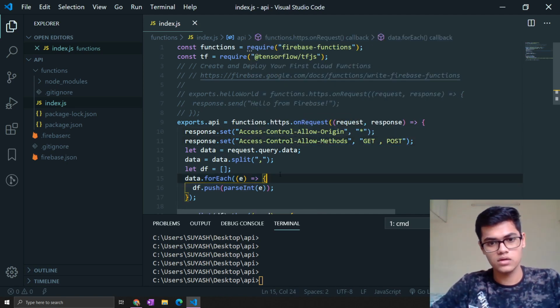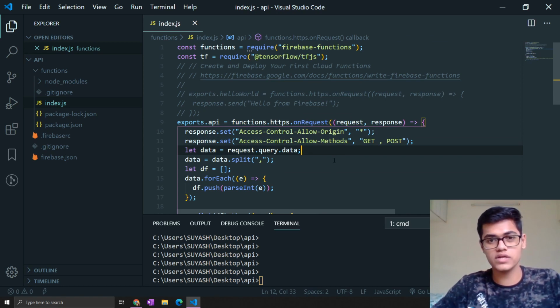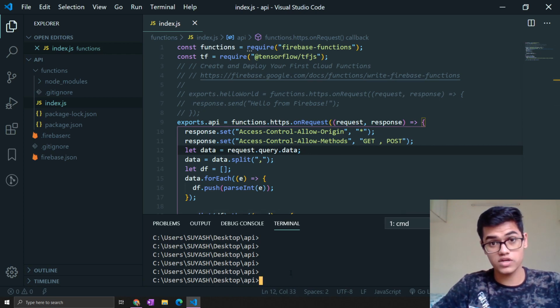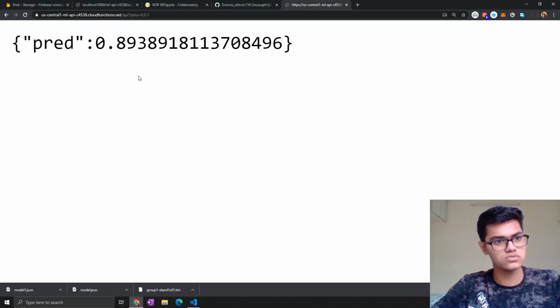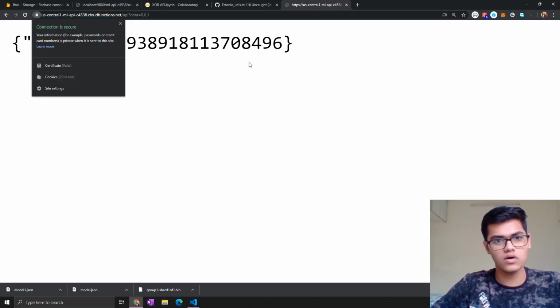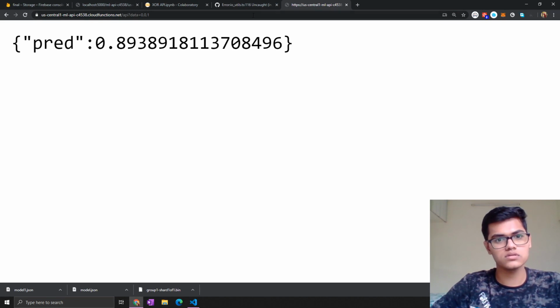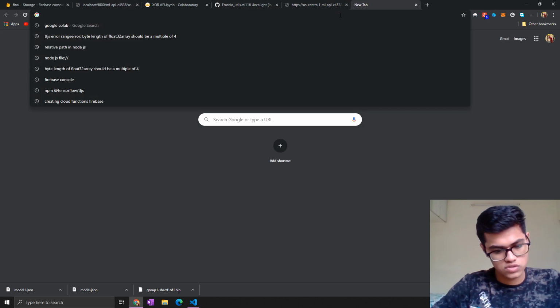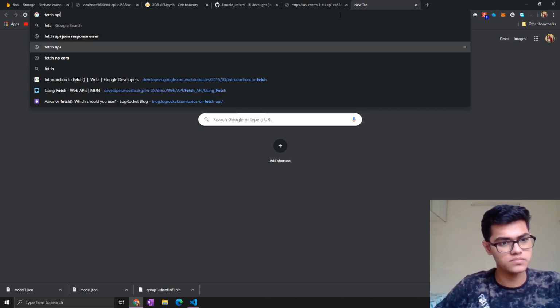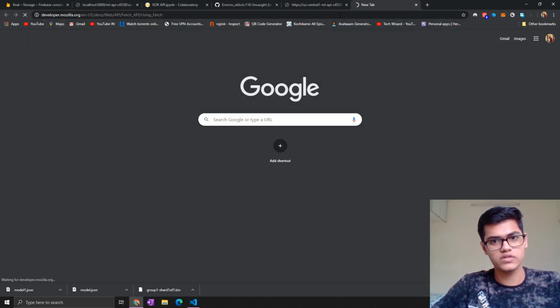Okay, so I'm back. I have written these things. These statements allow us to make the call to the API without any HTTPS or secure connection, which is actually bad, but for now we can allow it, as we are in the development phase. So how can I try on HTTP? Okay, I have an idea. We can actually use the fetch API in JavaScript. We check whether it is working.